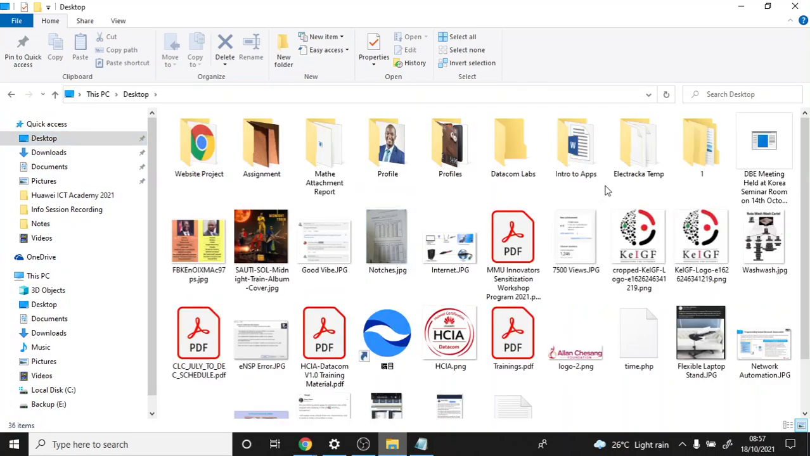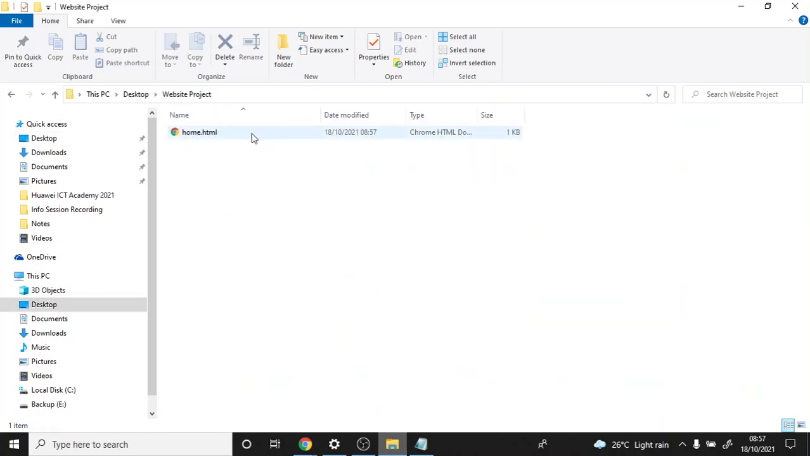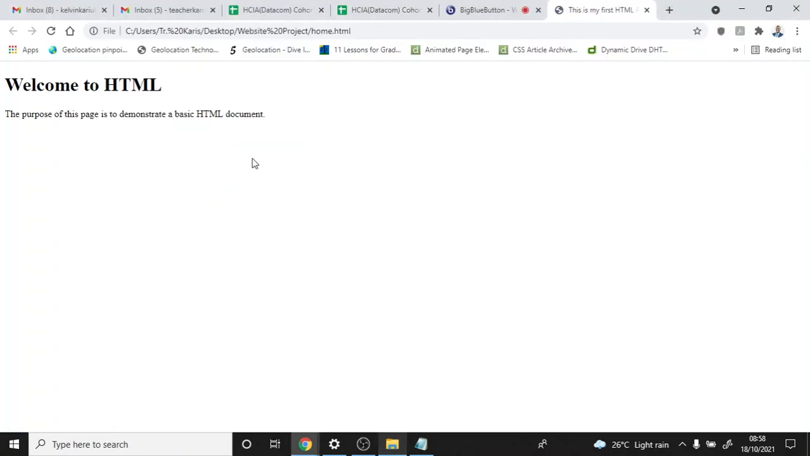So now how do you open it? Here I should find website project. And now you can see that I have my home.html page. If I double click it, then it opens up with Google Chrome, which is my default browser. And as part of the content, we can see a heading, welcome to HTML. We can also see a paragraph. The purpose of this page is to demonstrate a basic HTML document. Other than that, we can also see